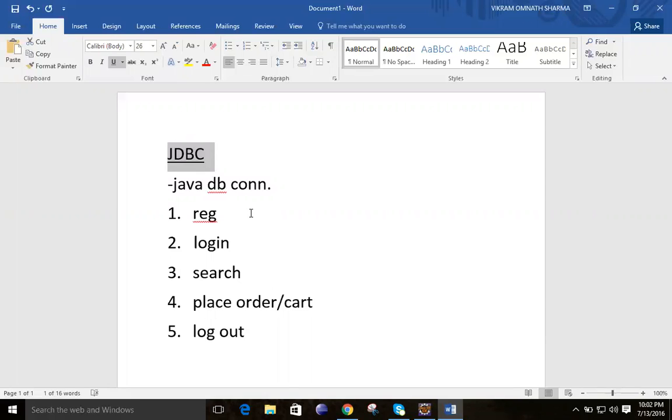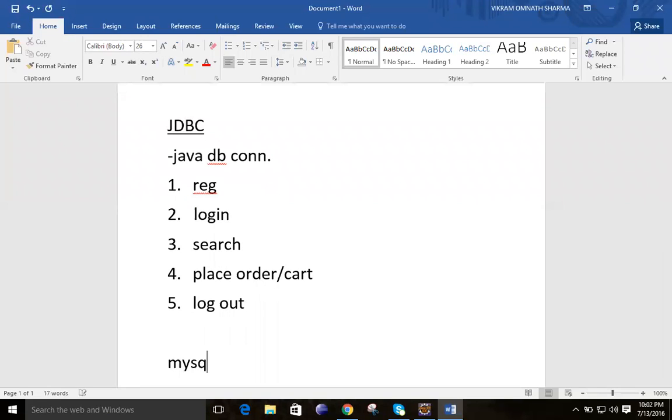The most frequent open source, lightweight database is known as MySQL. It's around 5 to 10 MB. You can download it, and it is already shared in the Google Drive link.